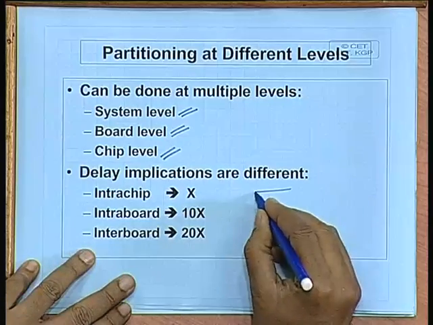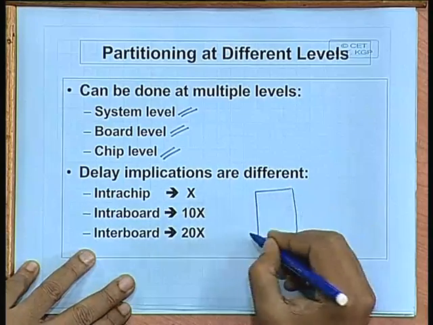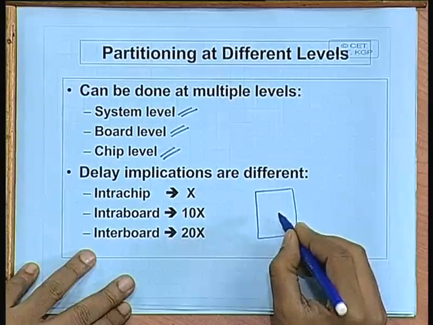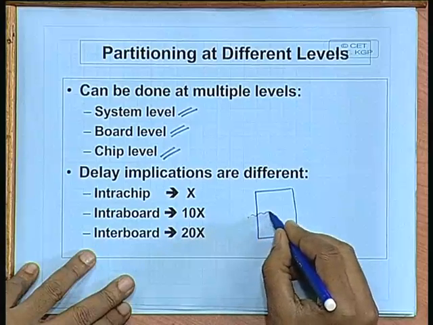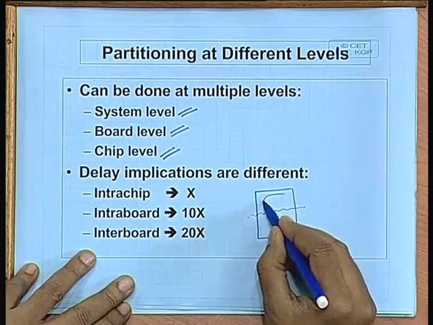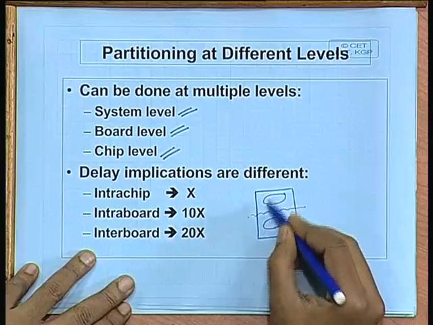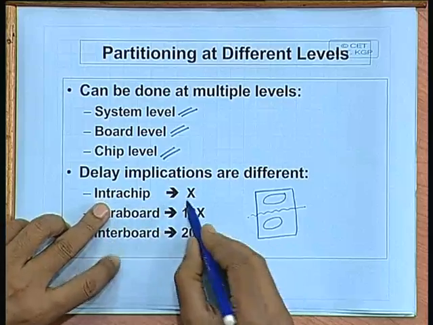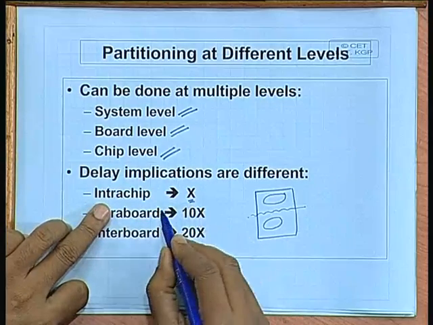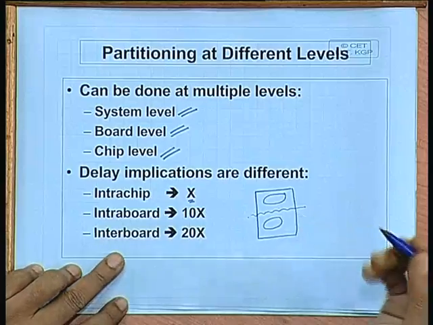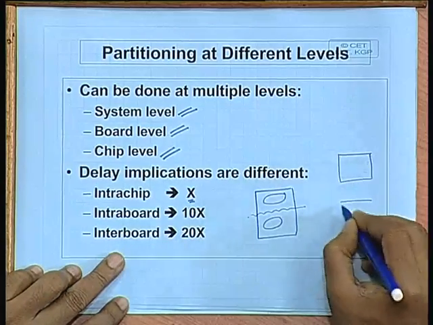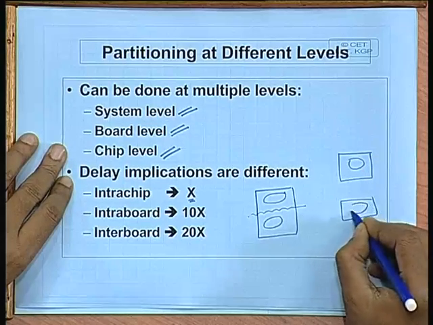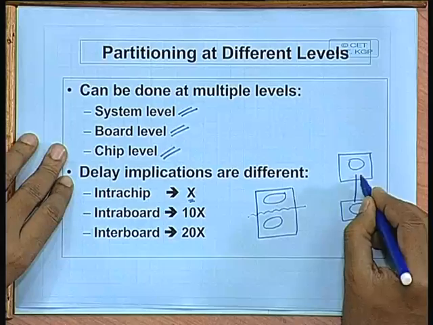Suppose we have a chip, and suppose we have a netlist which is supposed to be mapped within the chip itself, and if we do partitioning at that level, we are partitioning the circuit into 2 sub circuits which will finally be mapped inside the same chip. So, the cost of intra-chip partitioning, let us say some parameter x. But if the partitioning is such that a part of the circuit goes into one chip and some other part goes into another chip, and they are interconnected across the chip boundaries,